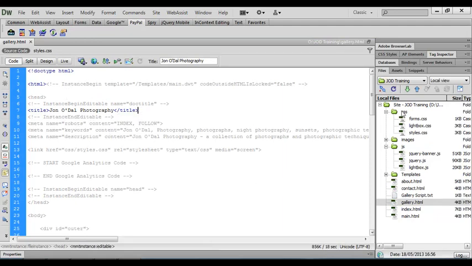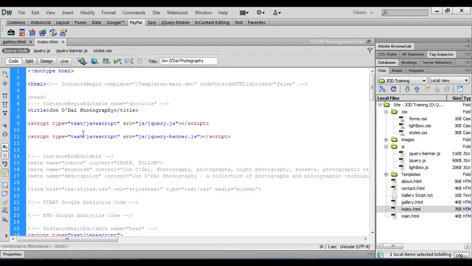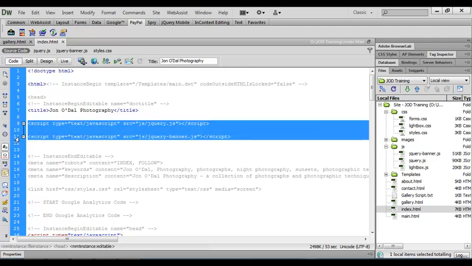Now if you remember, just having the files in our site is not enough. We need to place links in our HTML file so that the files that we need are related and will appear up here in the related files area. Now I'm a big fan of copying and pasting, and I don't like to do too much typing if I don't have to. And I know that on my index.html page, I'm going to open that one up a second. I know that in there I created the scripts for the banner, and this was a script link to our jQuery.js file, and this was also a script link to our jQuery banner file. So I'm going to copy these two lines of text,